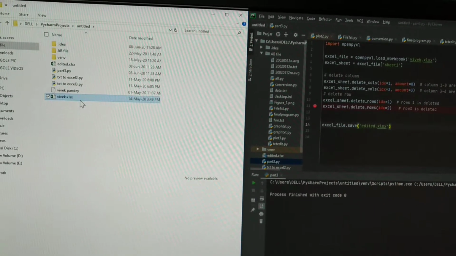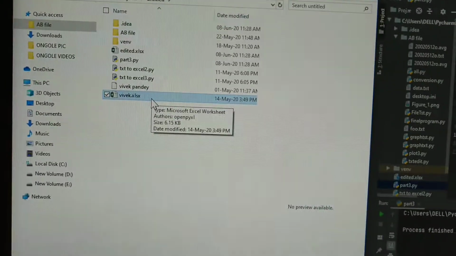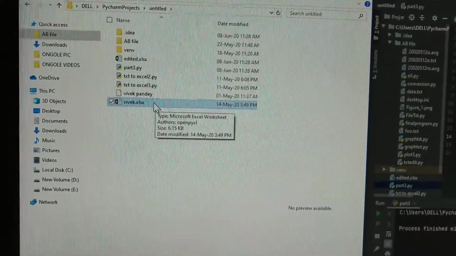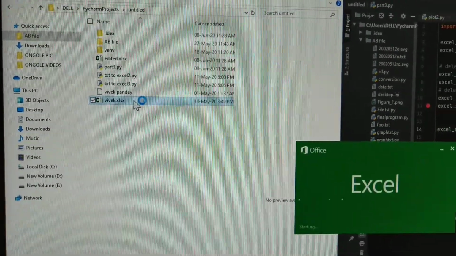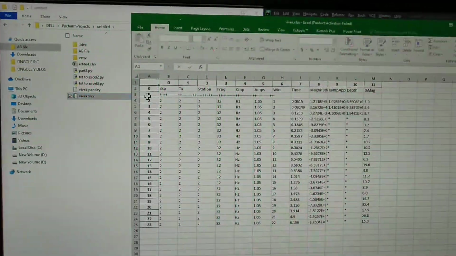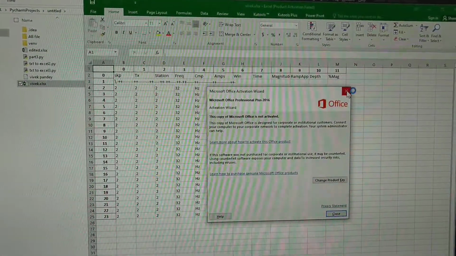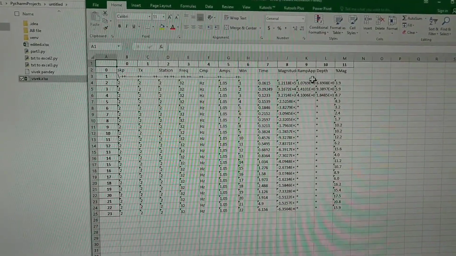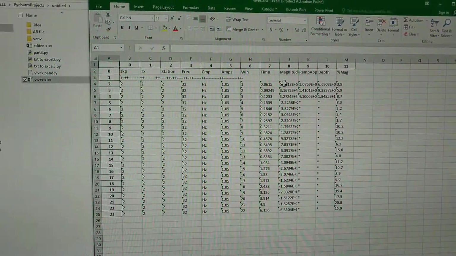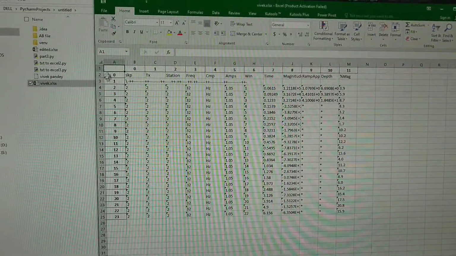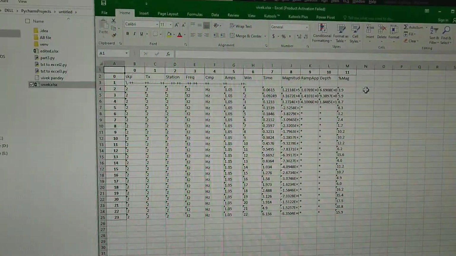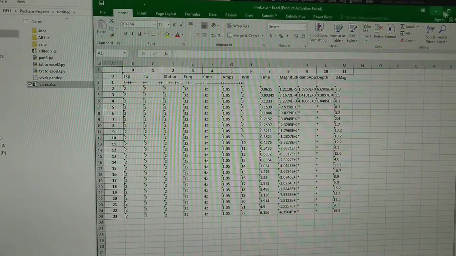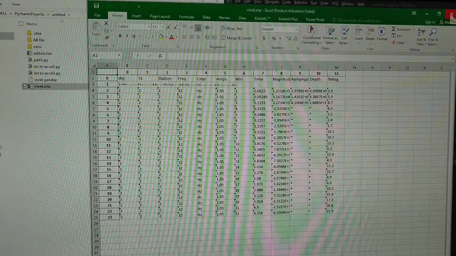So I have one Excel file named vivek.xlsx. In this Excel file, I just want these two columns, time and magnitude, okay? And all the other columns I want to delete. So what I have to do,